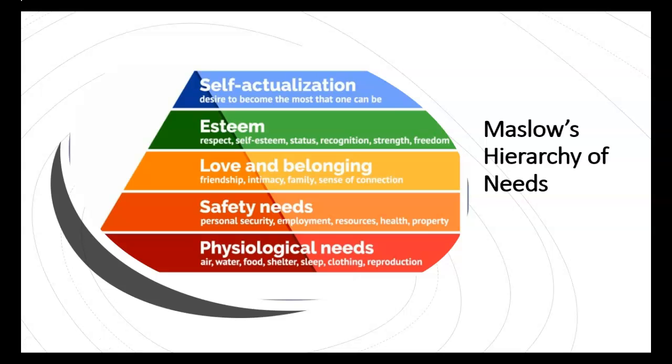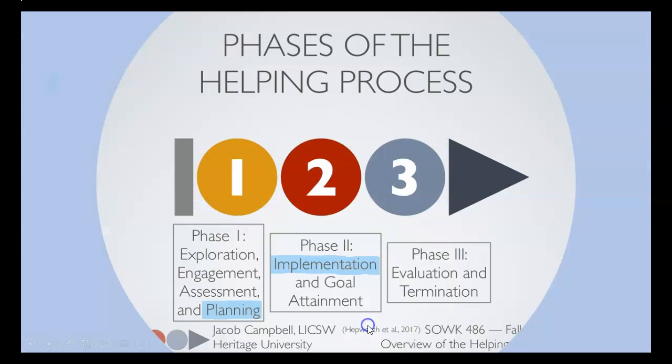Another thing to think about is your agency may have its own process of how you prioritize needs of clients. And so in those situations, you should definitely use the agency process to prioritize as your representative of the agency bound by the policies. But conceptually, as you're developing your implementation and plan, you need to conceptualize the hierarchy of needs and how they play a role in how effective you'll be in the planning and implementation process.